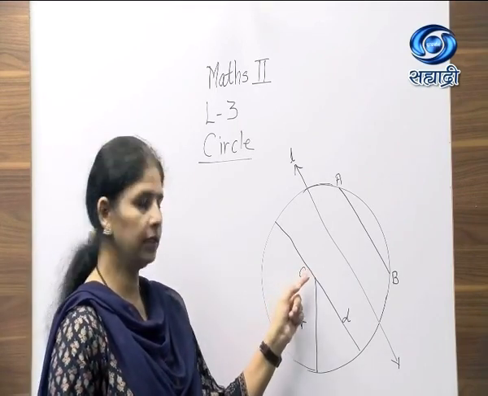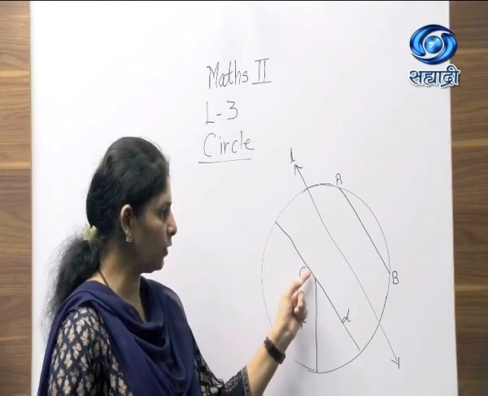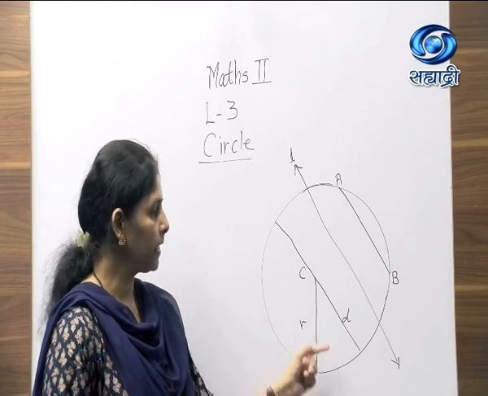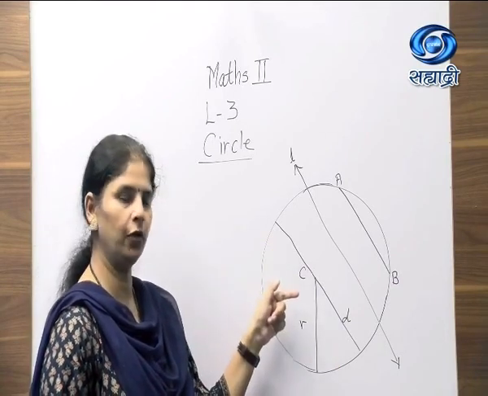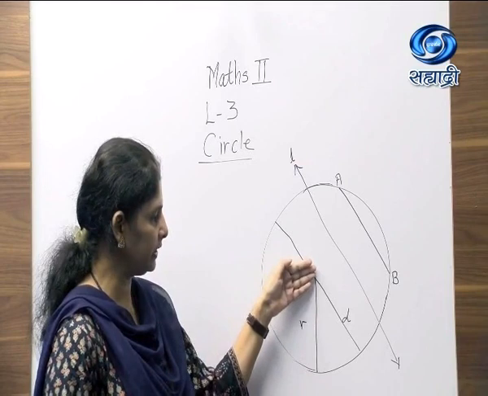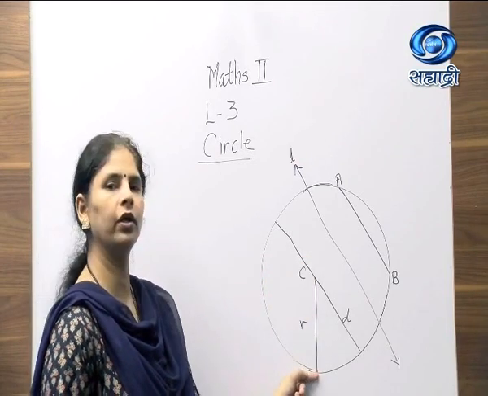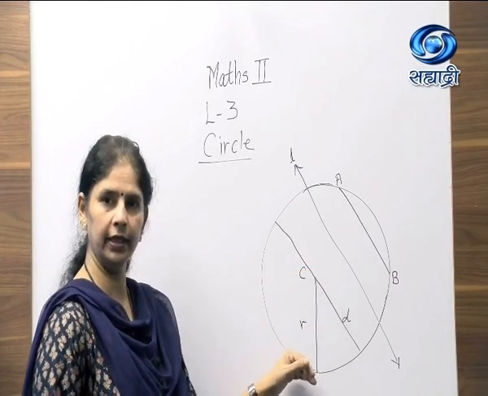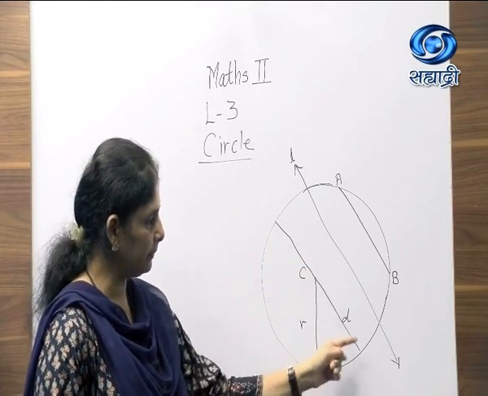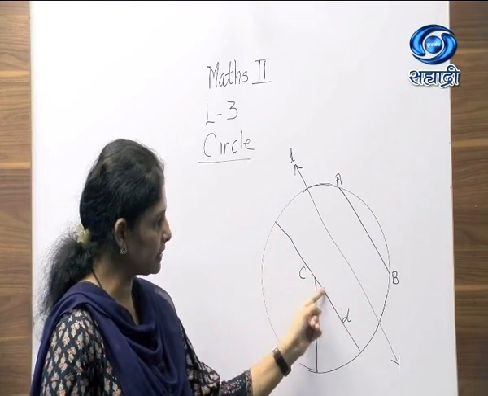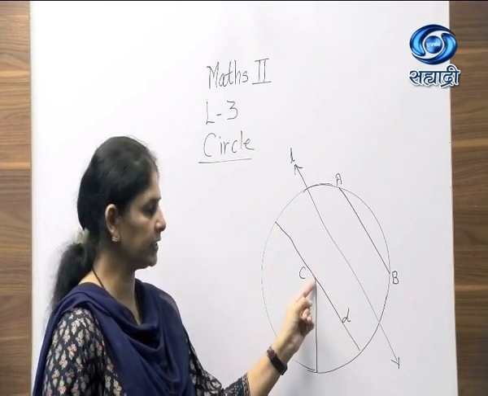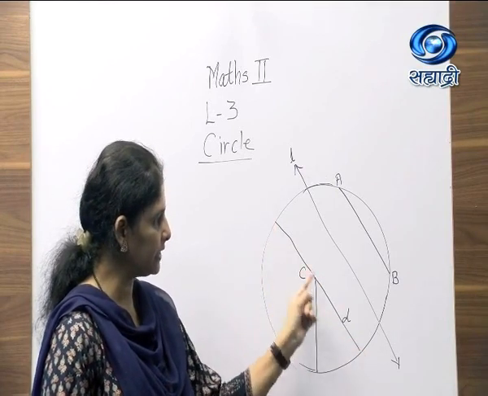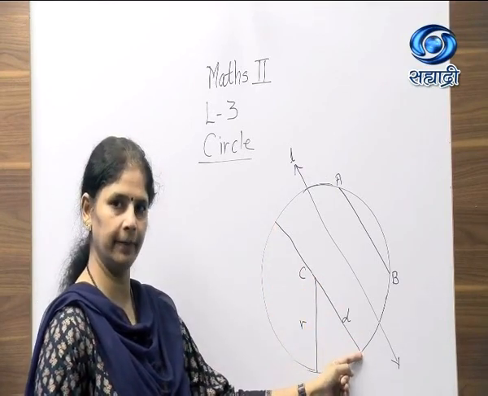The center is such a point that it is always equidistant from any point on the circle. When we talk about the radius, we know that it is the distance between the center and any point on the circle. If we double the radius, we get the diameter. You can observe the diameter here, that it also passes through the center. So this is a chord. You can see endpoints are on the circle and it passes through the center of the circle.